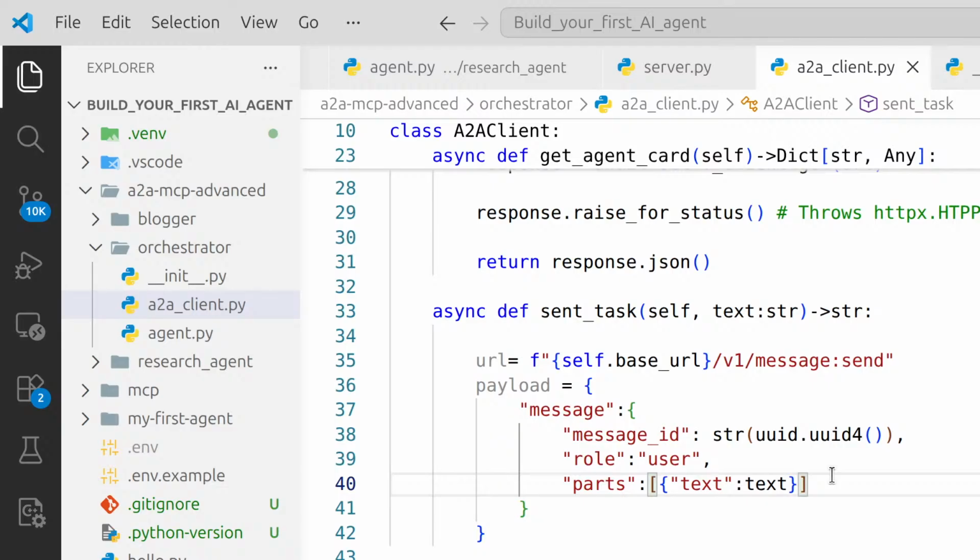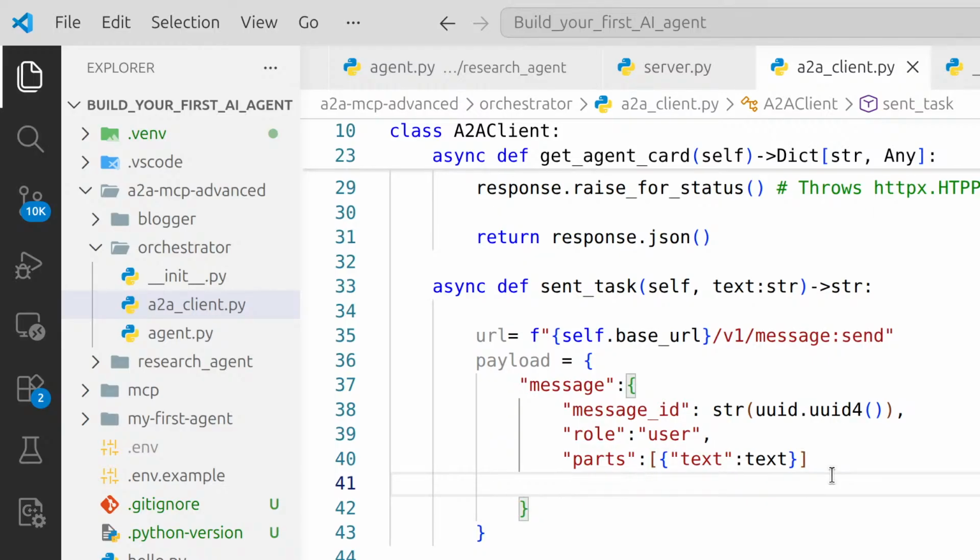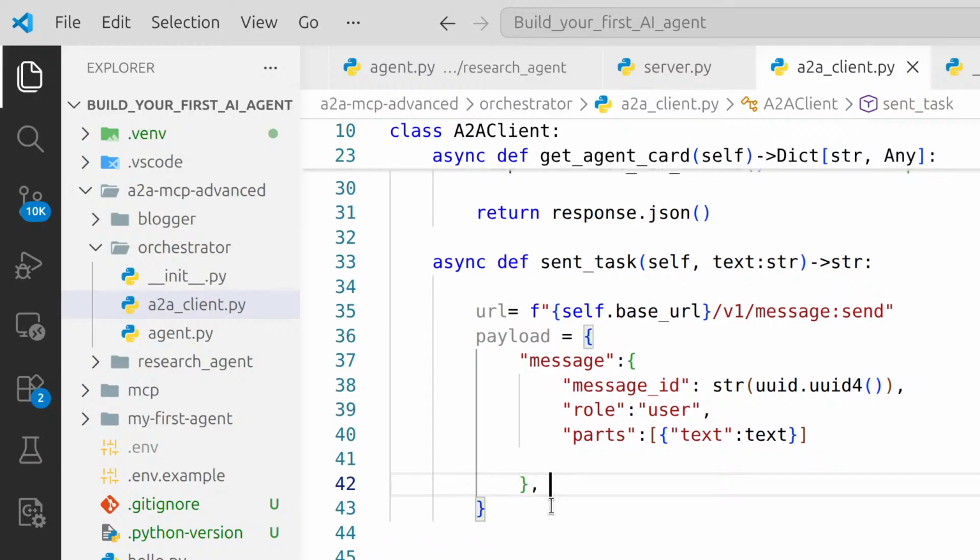So wrap the research query in A2A parts format right here. An A2A message uses parts arrays to support multiple content types, like type, text, image, file, right? That's why we need these parts in one message only. And after this message, we send